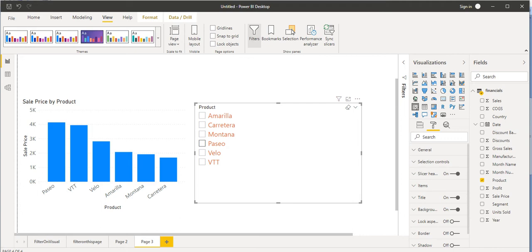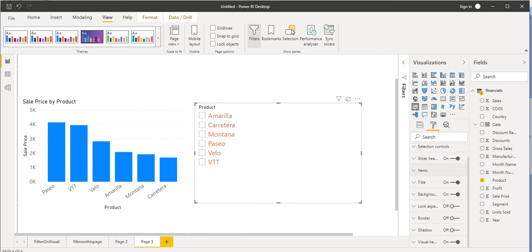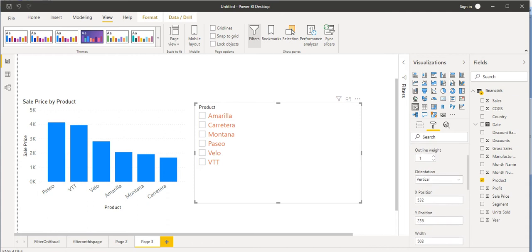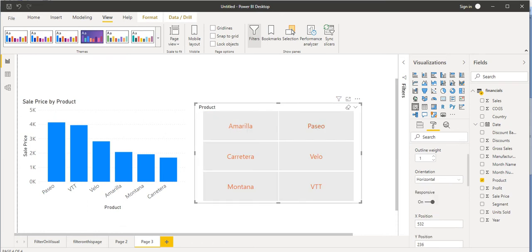Now there is another property. Currently it is showing as a vertical, but I want to show this full data in a horizontal way. Then we can do a format for that as well. To make it horizontal, just go to the General, and from here we can see the orientation is currently showing as vertical. So you just make it horizontal,